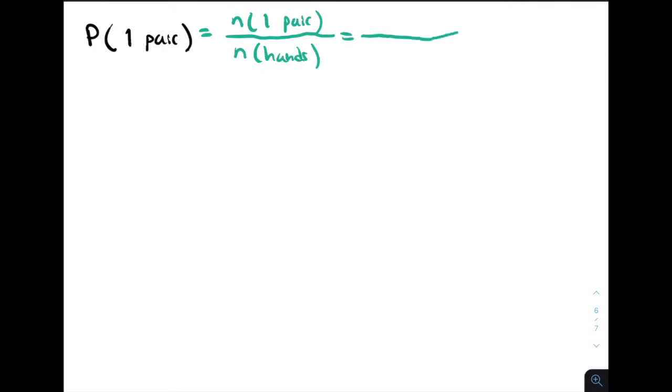So let's try to find the probability of one of these. What's the probability of one pair? Well, we know that's going to be the number of one pairs over number of hands. Now we've already calculated number of hands to be that 2 million number, 2,598,960, which again is 52 choose 5. To try to count the number of one pairs,